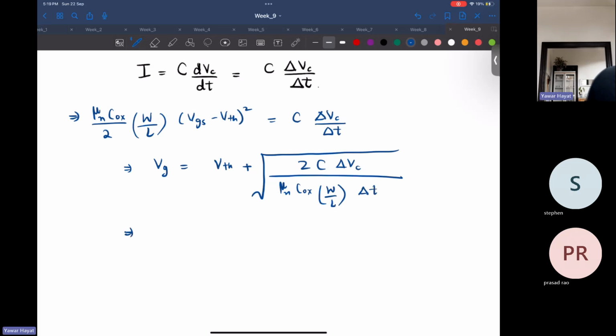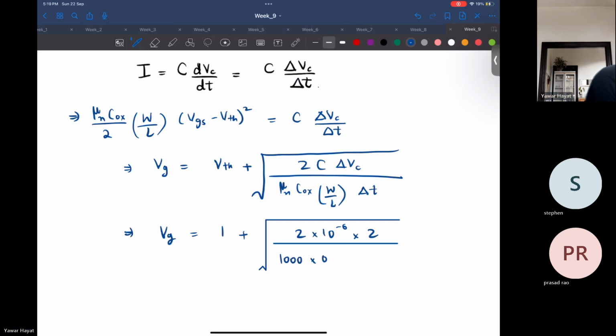And this implies that your Vg is equal to 1 plus the square root of 2 into 10 to the power minus 6 into your delta Vc, which is 2, and then